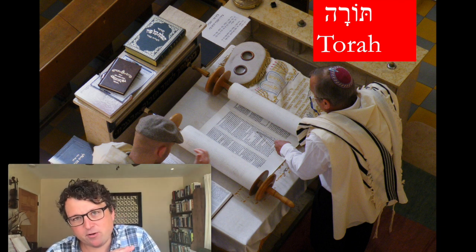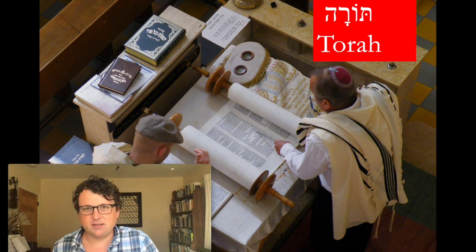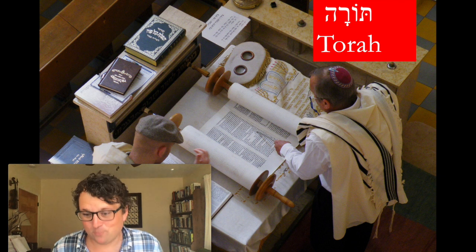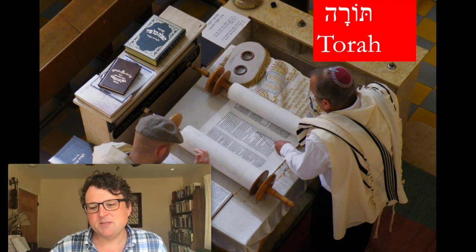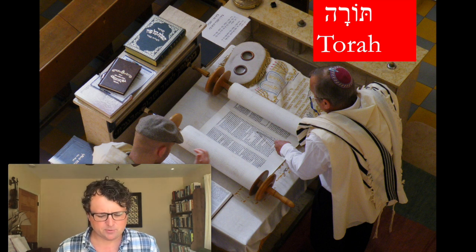So if we think about Torah that way, instead of thinking about it as this deadweight law that's supposed to condemn us and is playing the role of the accuser in God's scheme, we're probably going to get a lot more out of the Old Testament as a whole, but particularly out of the Torah itself. So one thing that's really important here is if we try to divide up the book of Numbers